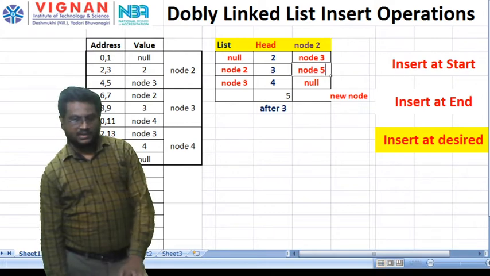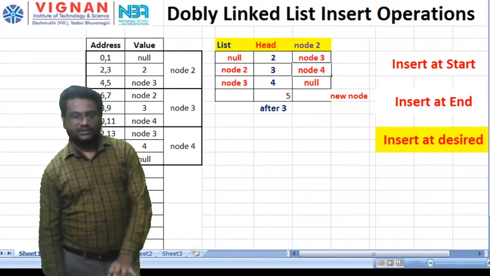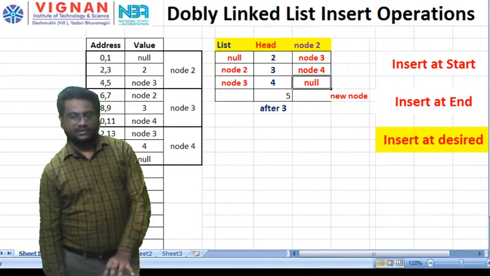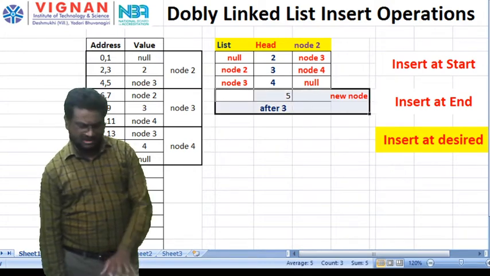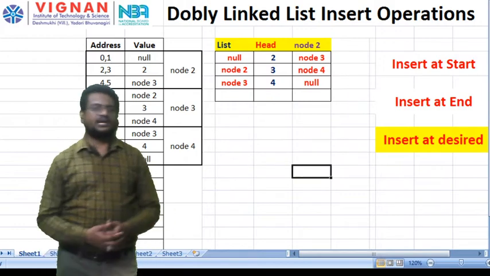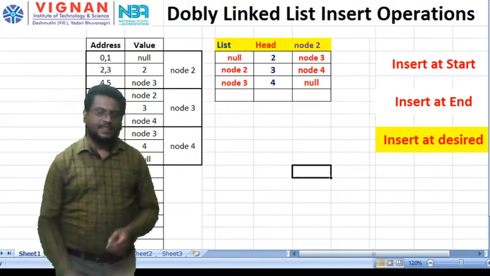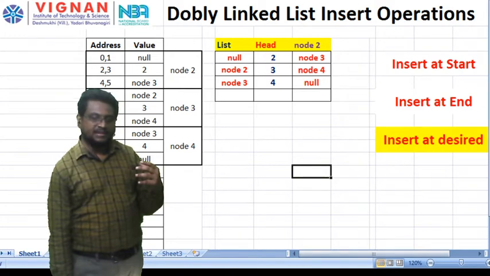Okay, here also it represents node 4, node 3, node 4, null. Now I inserted 4. Okay, let me delete all these operations. Let's again, I will come from the first one. Now here again it's the same as this.